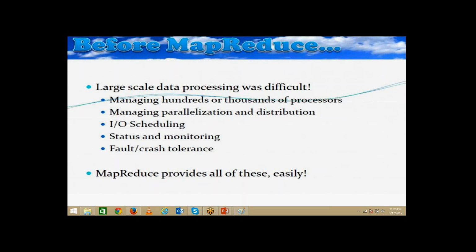So let's quickly go through this PPT. All the concepts we have discussed on this paint, the same thing has been explained here. Large scale data processing was difficult, that we know. By using Hadoop, we can process a huge amount of data. That's the scope. Managing hundreds or thousands of processors,